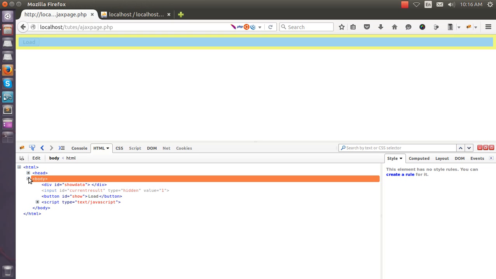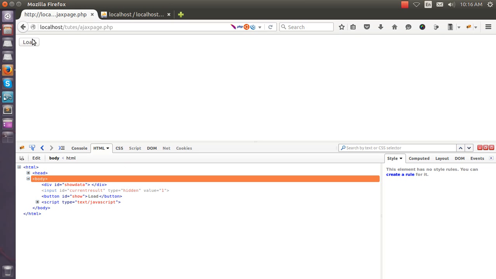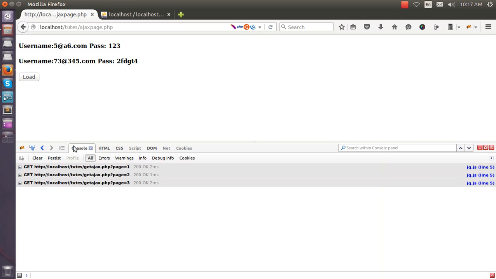Currently you can see this is the value 1. When I load, it's got the value 2. When I again load, value 3, again load, value 4, and the result, the AJAX is going 1 2 3. Okay,